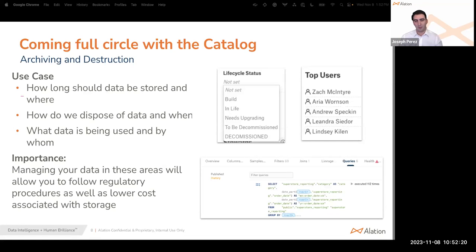I think the catalog offers a lot more functionality from an audit standpoint, from a setting standpoint, from a mass curation standpoint, that really allows you to see, okay, what databases and data sources do we have, which are in life, which need upgrading, which are at the decommission standpoint. So really understanding that cycle of the life cycle is extremely important. Some things like top users and query log ingestion in the form of query history really allow you to say, okay, do we need this data source anymore? So really thinking from an archiving and destruction standpoint,